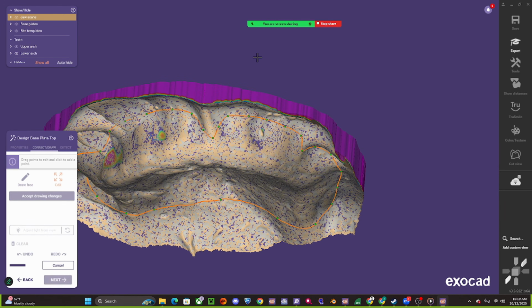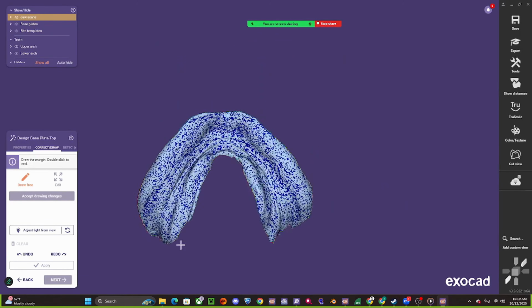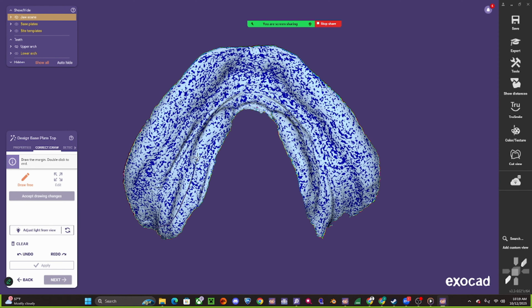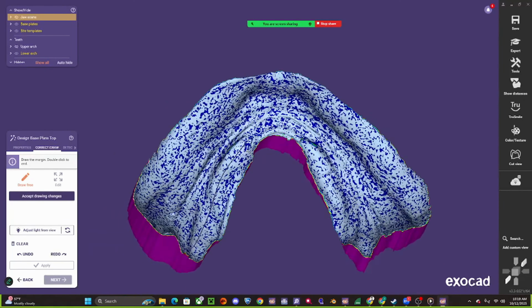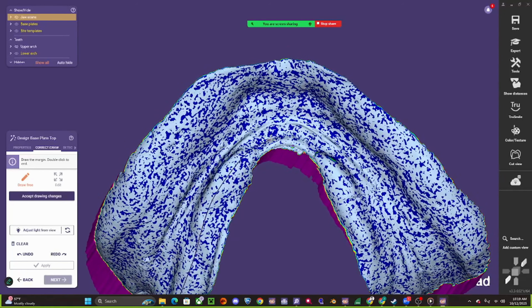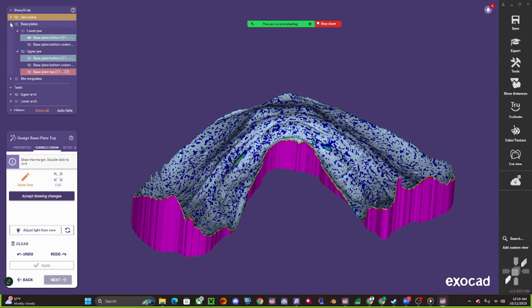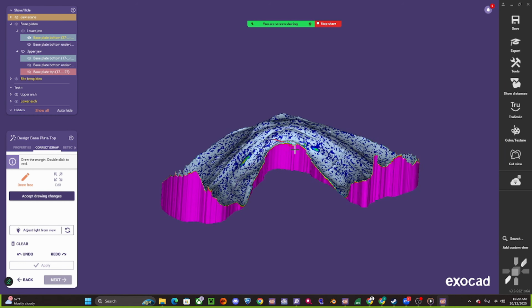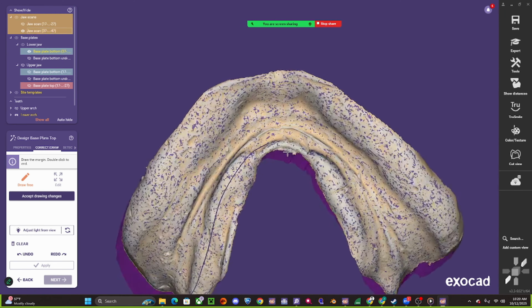So now we'll hit next, and it's going to move us onto the lower ridge. So we'll do this. I'm going to mark the posterior retromolar pad, and then I'm going to start wrapping around. Now when I have this base bottom on, it's hard to see because of the color. So I want to turn this jaw scan on so I can view my anatomy a little better here on